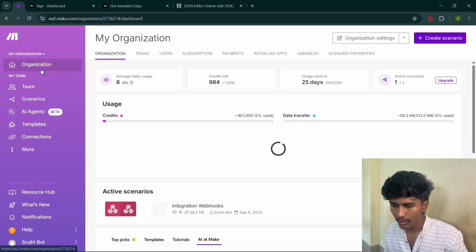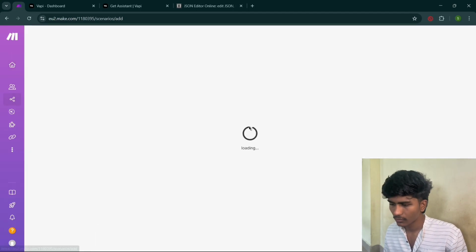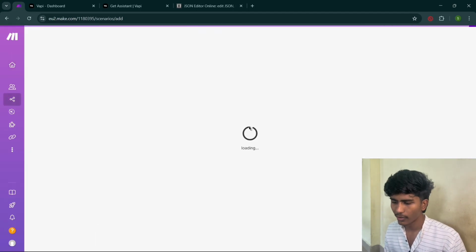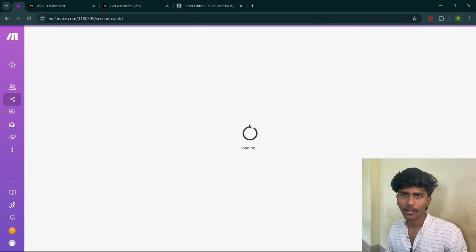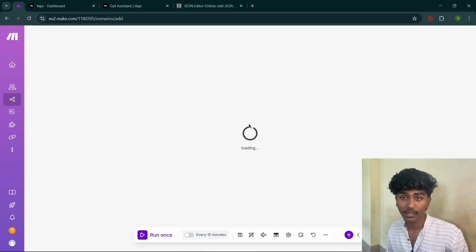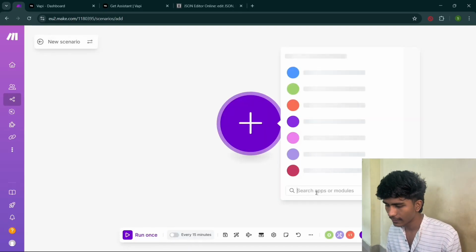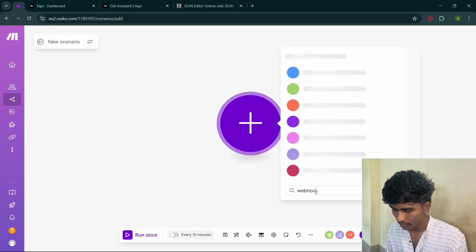Okay, we'll build a new one, because I don't want to show you the already built one and confuse you. We just directly build a new one, so that you'll get a complete experience, a complete understanding of how to build things. First, you should type webhook